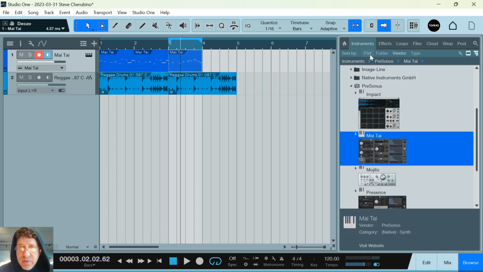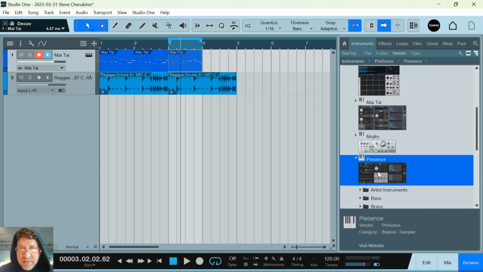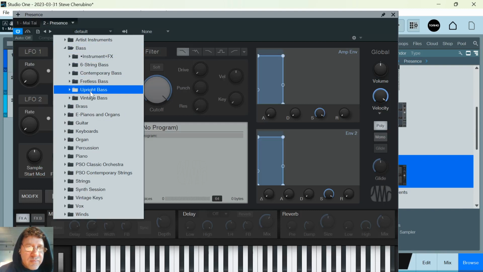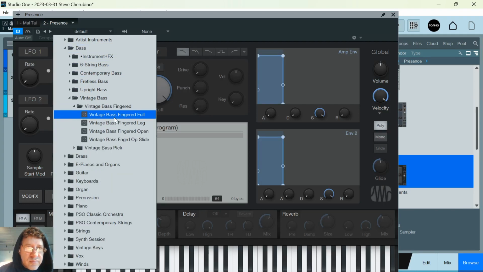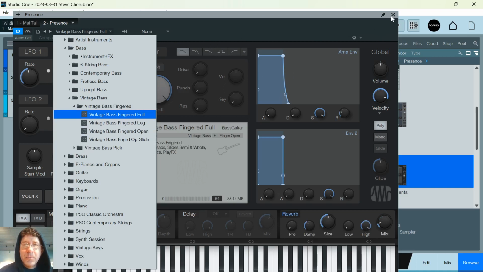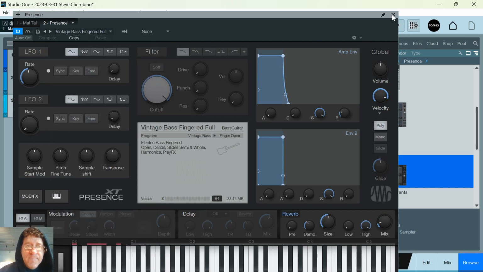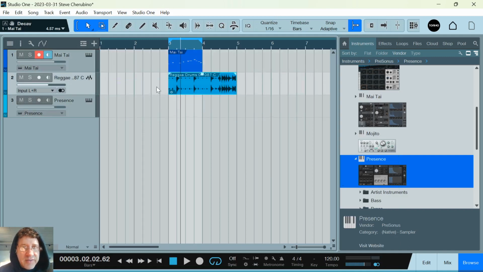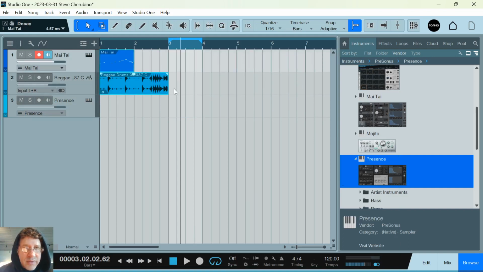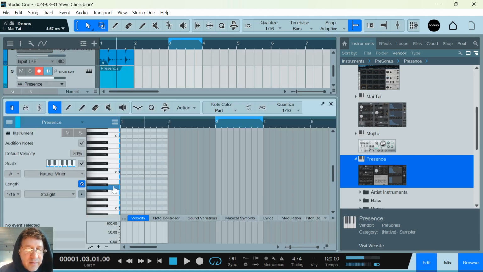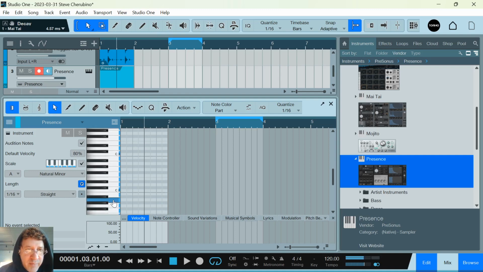melody. So let's quickly go to Presence and just drag in maybe a bass. Get rid of all this whole beginning stuff. Let's just make it real simple. Drag all this there. Just make this real short. This is what we're going to be working with. So just draw a pattern in there. And we're in A minor, so let's just